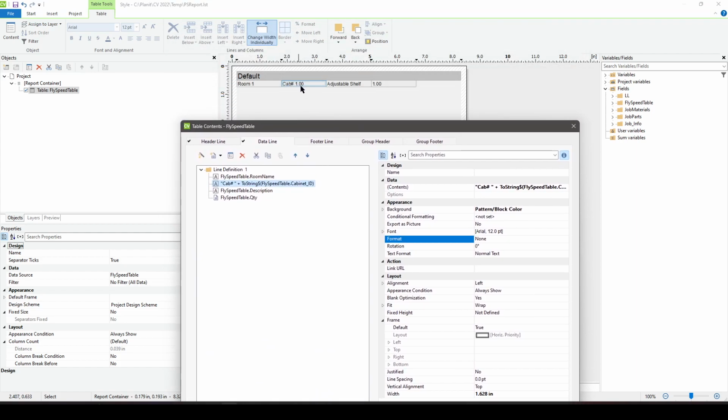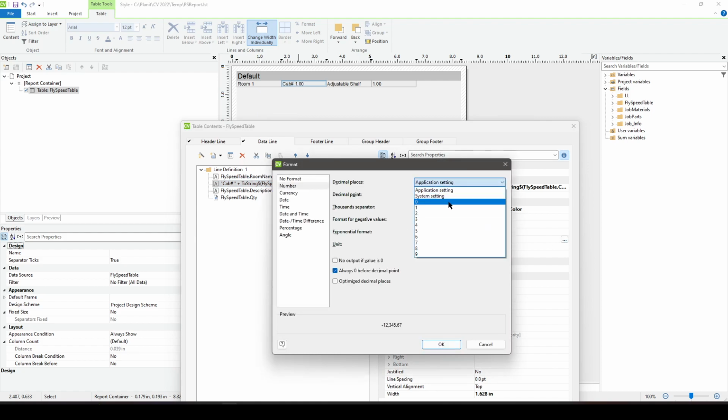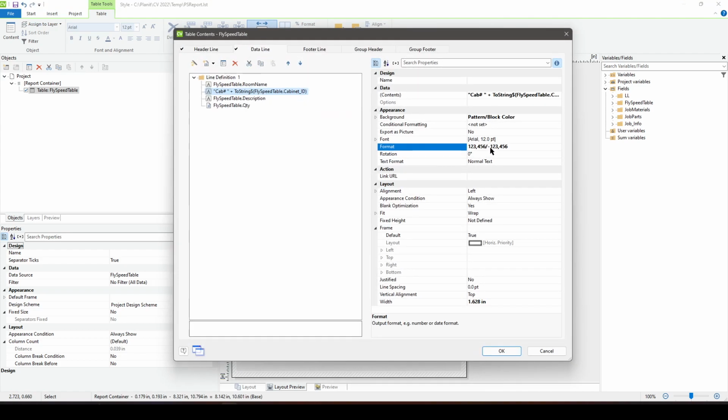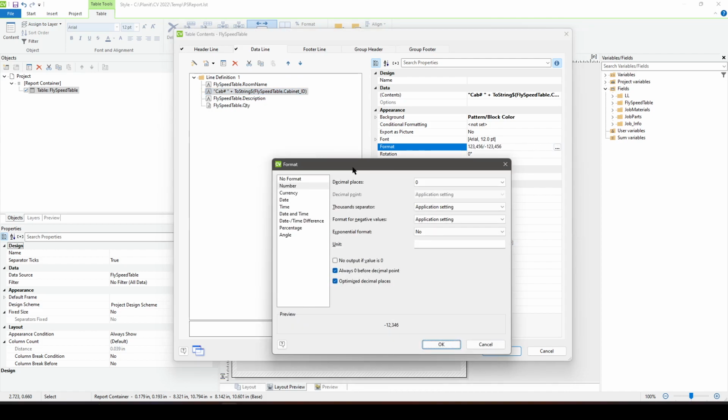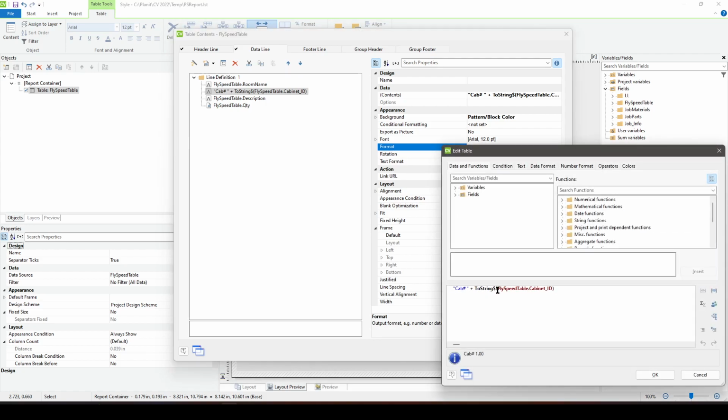Now cab number 1.00, if I want to change this and format it to a number that has 0 decimal places, now I just get a 0. Because when I've changed this to format as a number, it doesn't pick up any of the cab number, anything going on there, and it's just an error. So rather than going this route, I think it is a better idea to just convert the number to an integer right here by using the built-in function